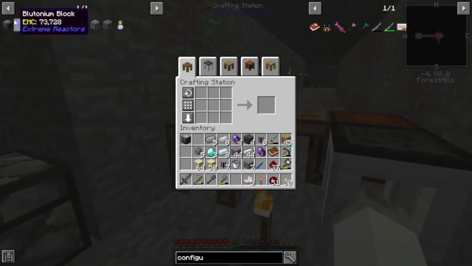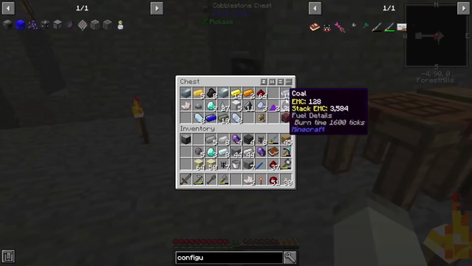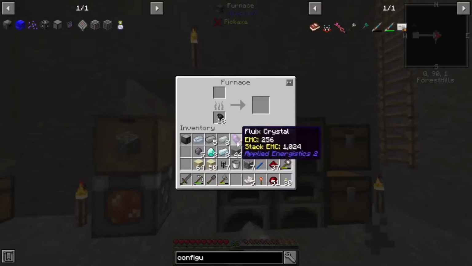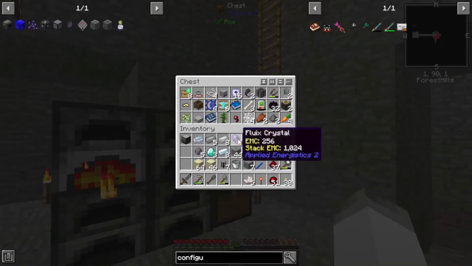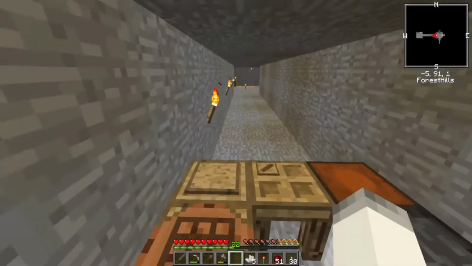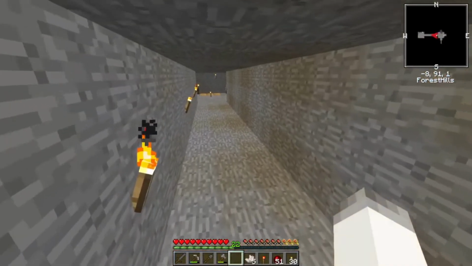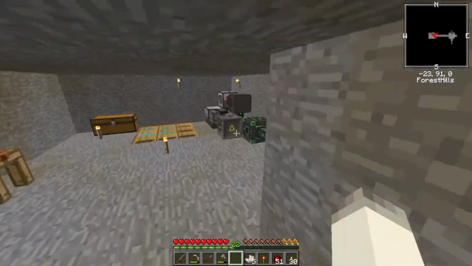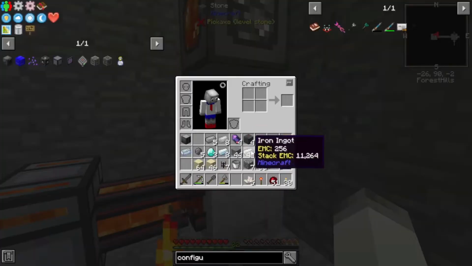So in order to do that, we are going to need a steel casing. We need glass and osmium. I don't think I have any glass sitting around. And then we're also going to need 2 basic controls. So that is 2 more osmium and 2 redstone. So nothing too major there. 2 osmium, 2 redstone, and